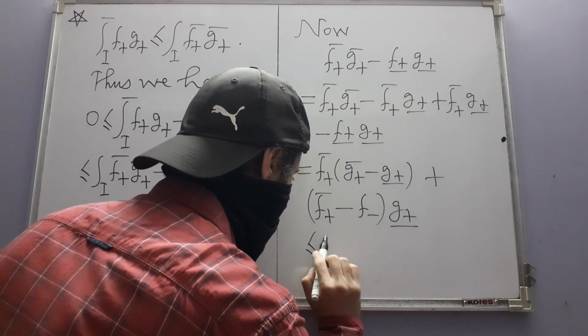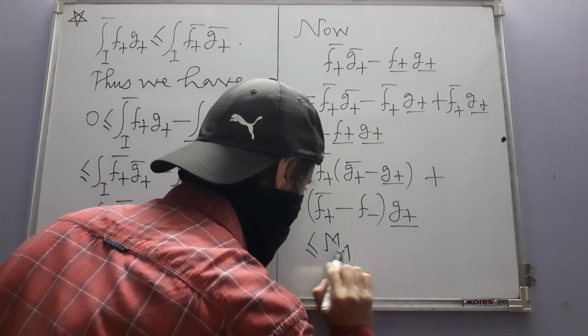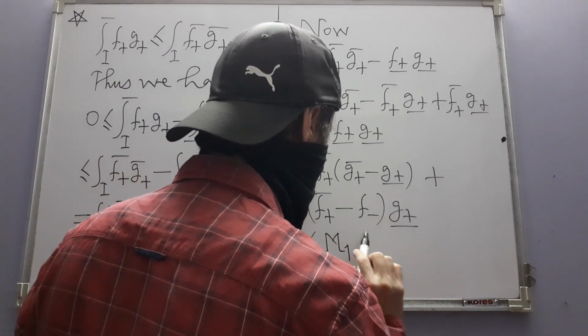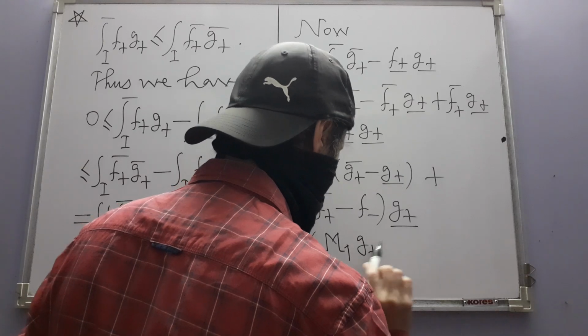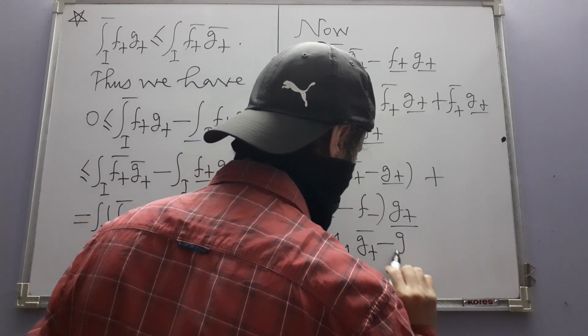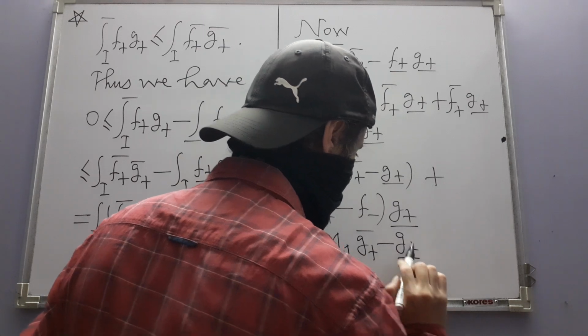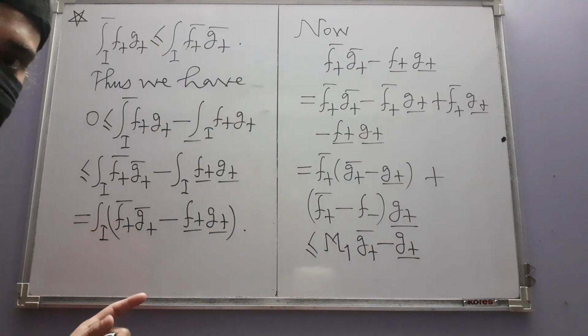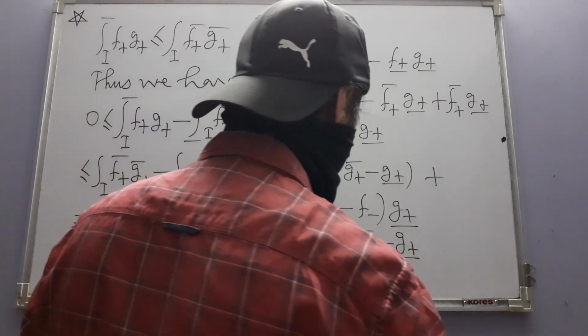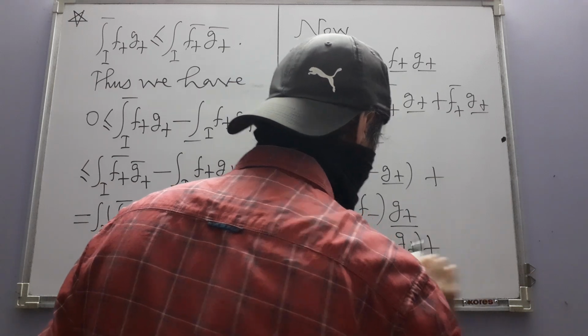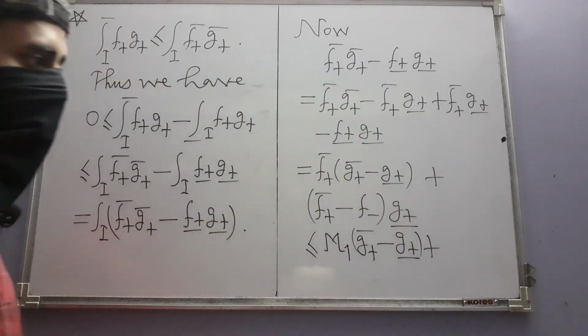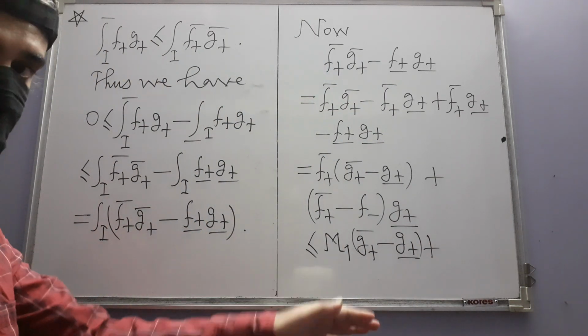So we can write this inequality. See, I was going to write minus. There is no minus. We have only plus. And g plus bar is, underscore is,